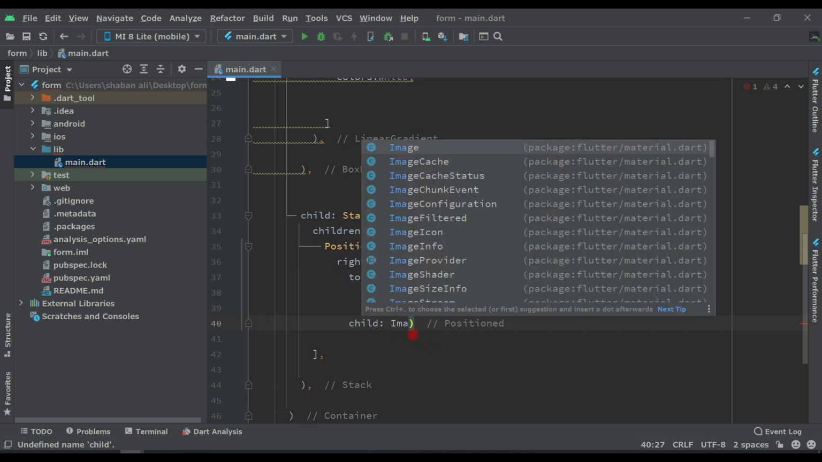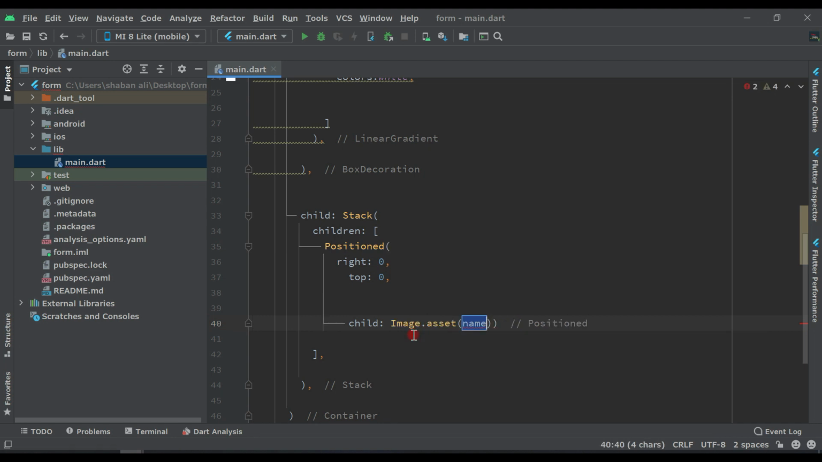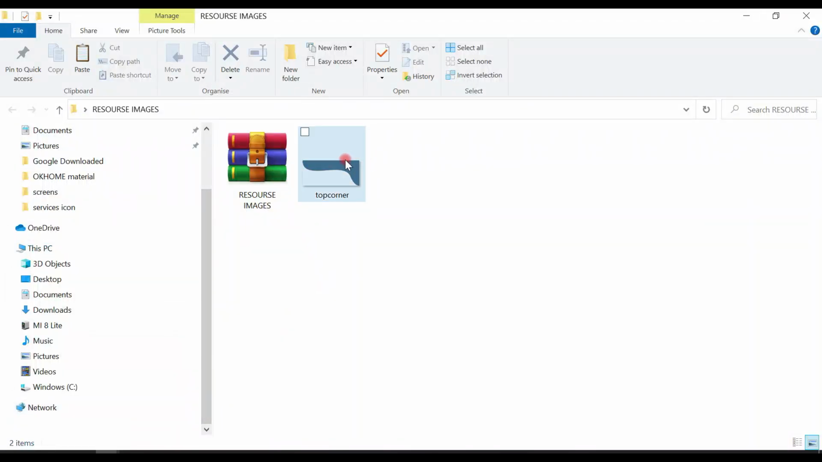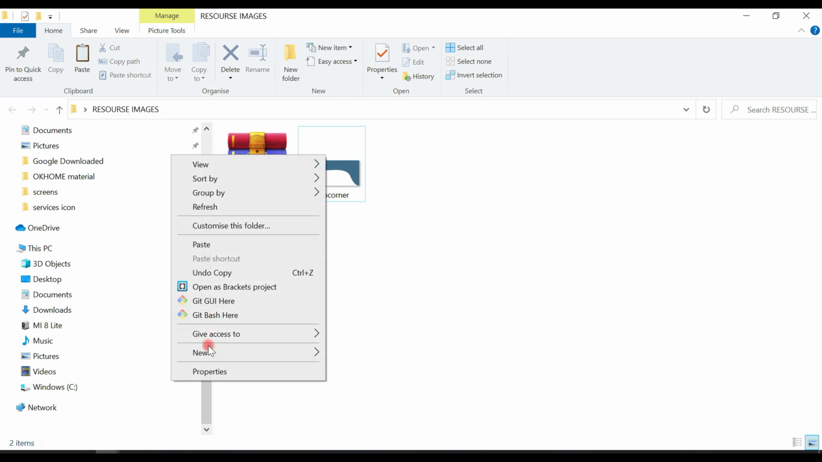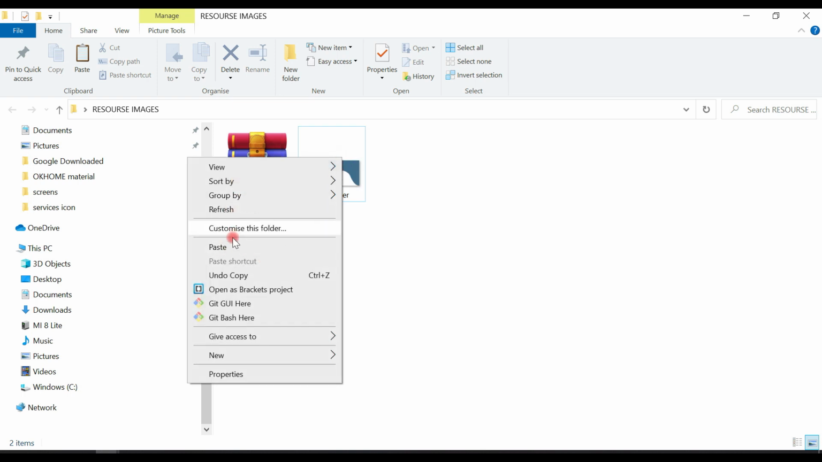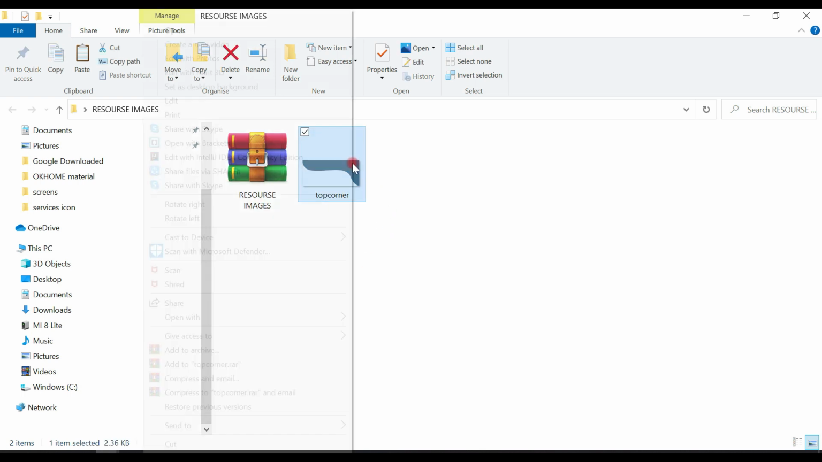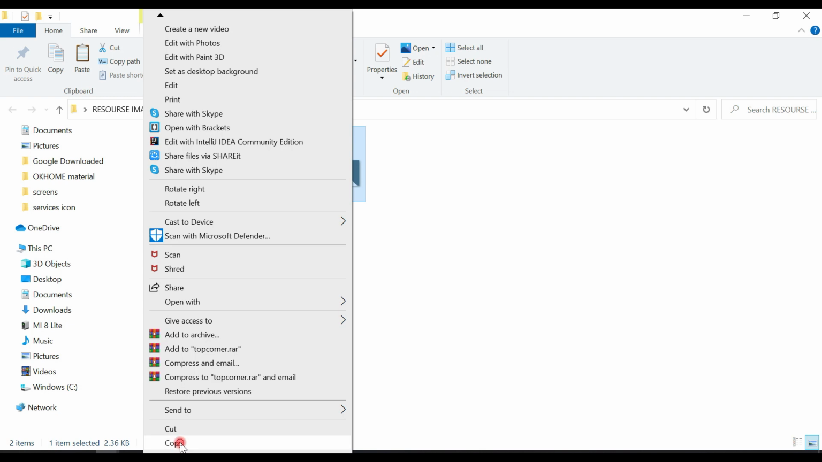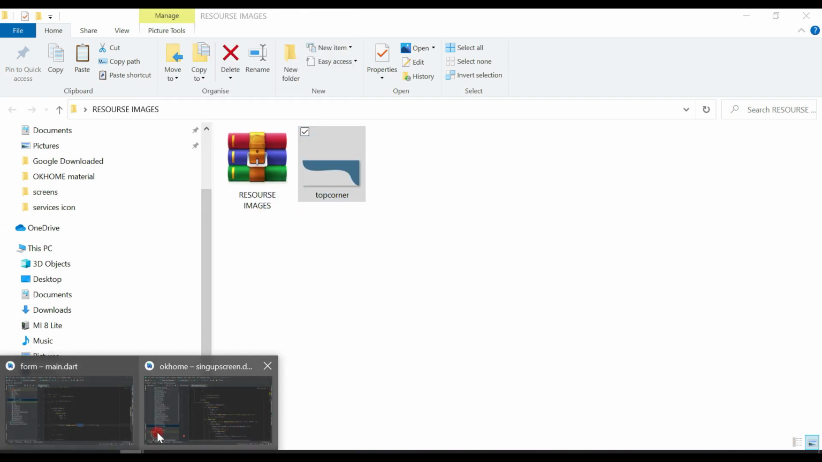So Image.asset, and now we have to add one image. So I have it in my folder, I will provide you in the description. So this is my image which I'm using. So right click on this. When you open your folder, just do the same as I'm doing here. So right click on it and copy this, come to the Android Studio,